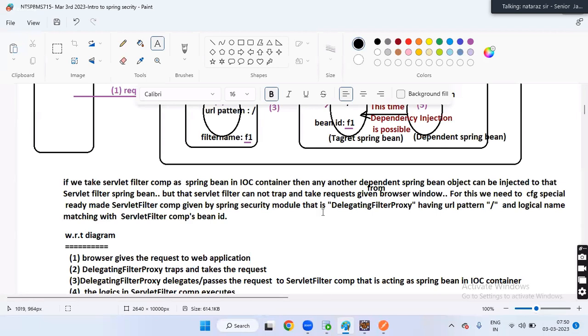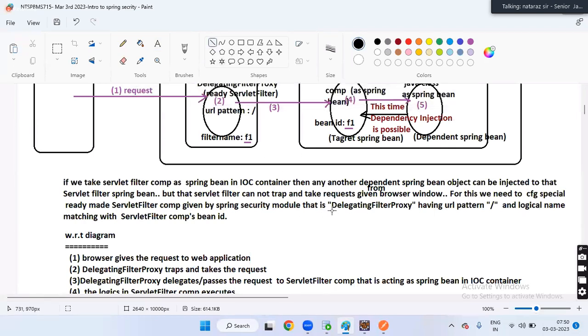For this, we need to configure the special ready-made servlet filter component given by the Spring Security module. That is what? Delegating filter proxy, having URL pattern /* and logical name matching with the servlet filter component bean ID.